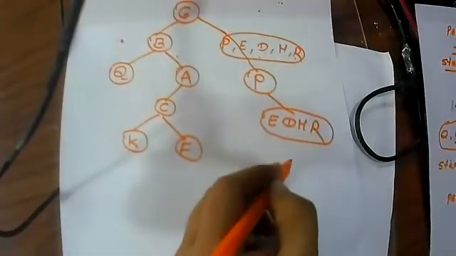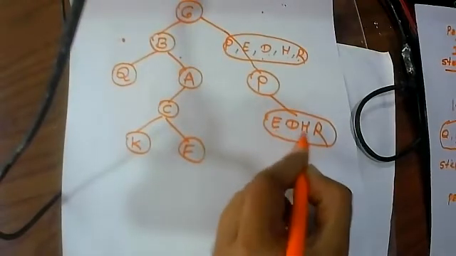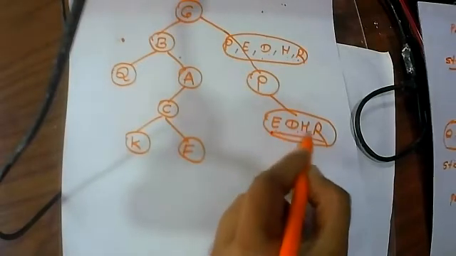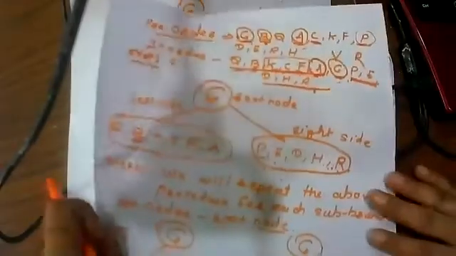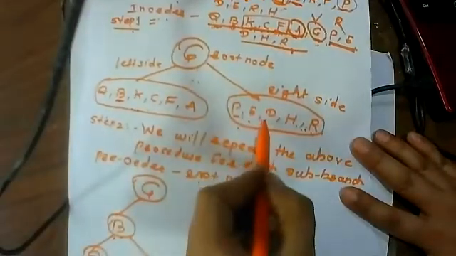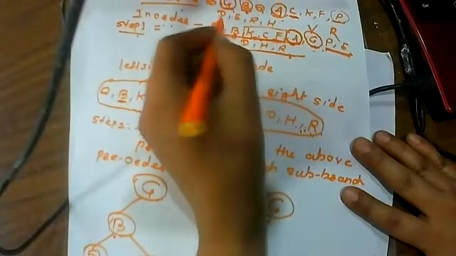Now you can easily draw the remaining tree here. Again, I'm identifying E, D, H, R. Who is the root node here? Can anybody give the answer? Who is the root node in the given E, D, H, R? Again, I'm showing the sequence here. Tell me which is the root node here in the case of E, D, H, R. Yes, E, D, H, R. Who is the root node? D. Yes, please clap for her, everyone. Very good. That is, D is your root node.